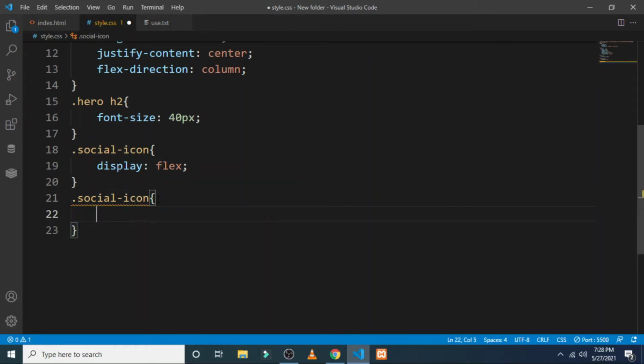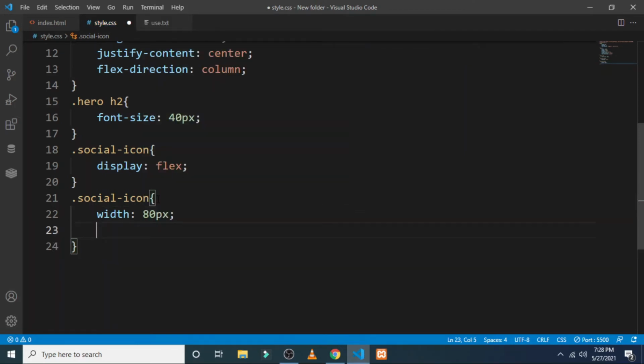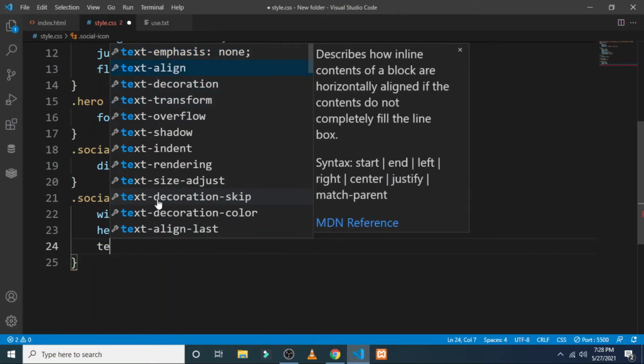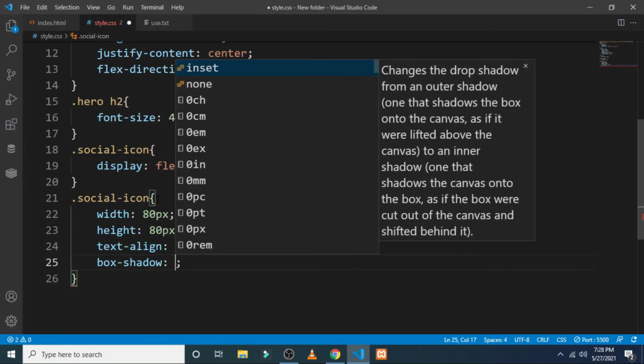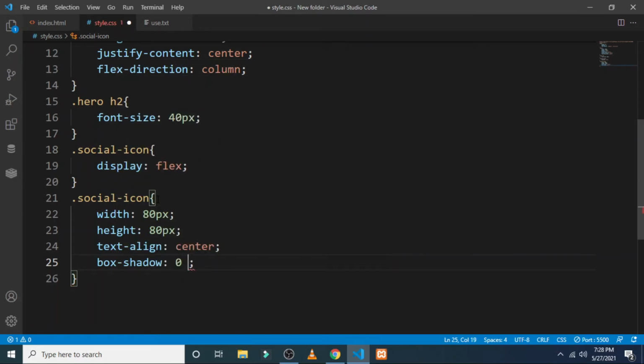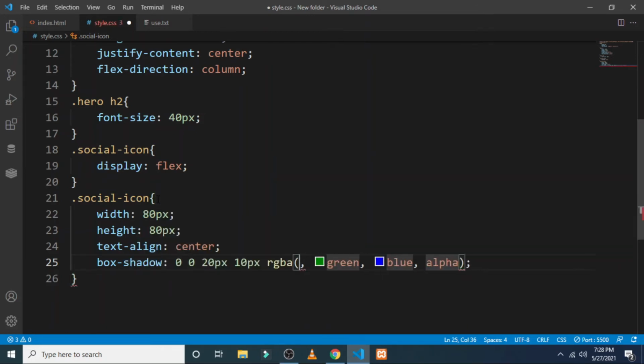Then in this you have to put the width as 80 pixels and height as 80 pixels. After saving it, text align will be center and box shadow will be 0 0 20 pixels 10 pixels, and the color will be in RGBA, so that it will be 0, 0, 0, 0.05.